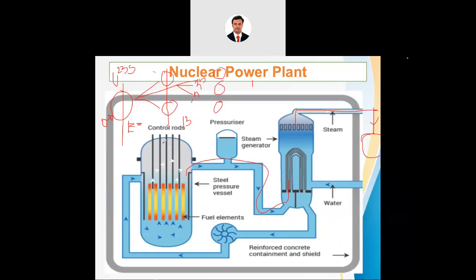Because as that energy is released by the uranium-235, it will also radiate some harmful rays, or we can say radiation. Those are harmful because it is gamma radiation, and this will be very harmful for the human body. So to protect other equipment from this radiation, a thick concrete wall is constructed